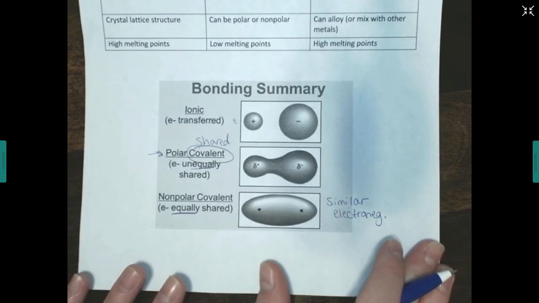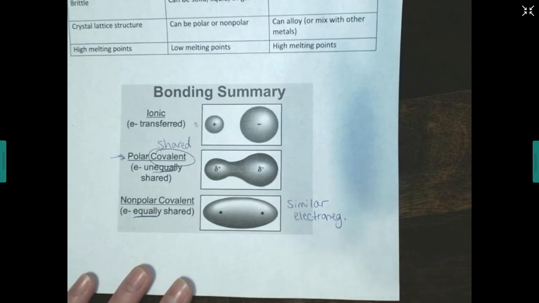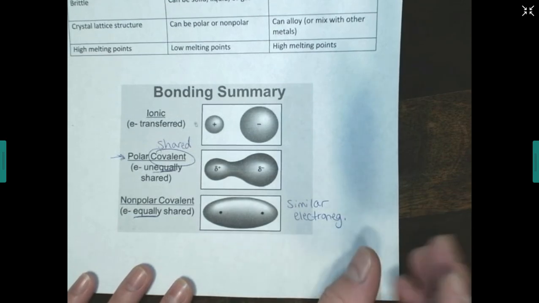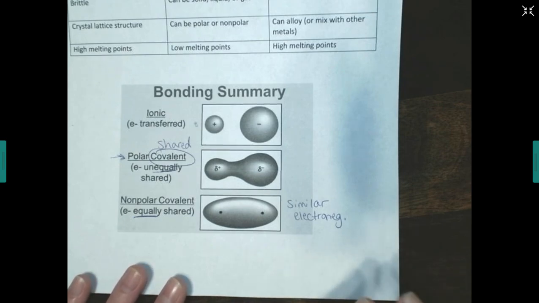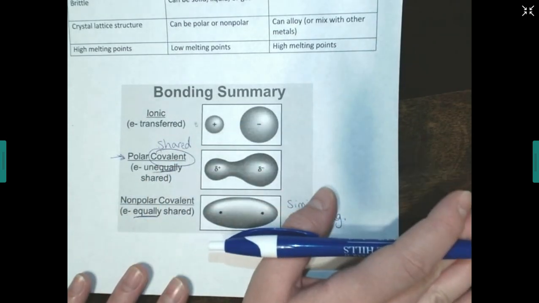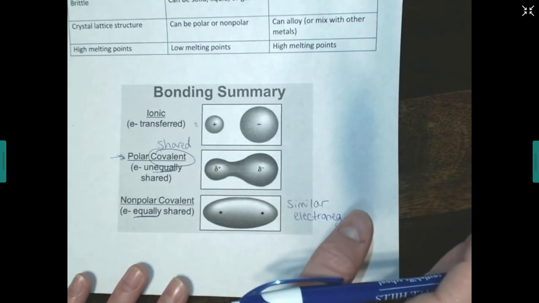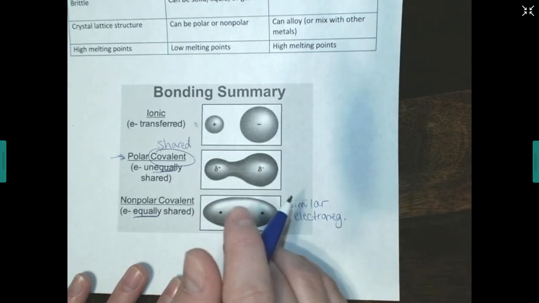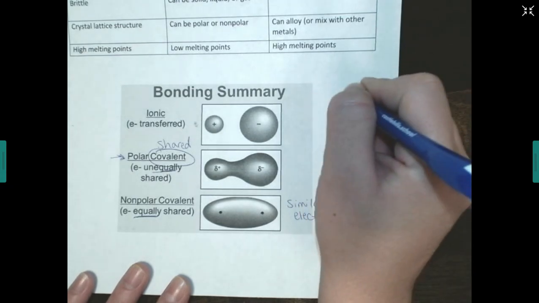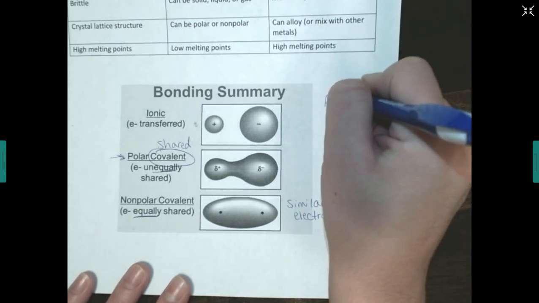Now, on your comps, this is going to be similar to pre-comps. The rule that we want you to know, because if you remember, I told you about how you can actually look up the electronegativity values, and you can subtract them and figure out the electronegativity difference. But on comps, I'm not going to expect you to do that necessarily, okay? What I just want you to know, if you remember from pre-comps, is that